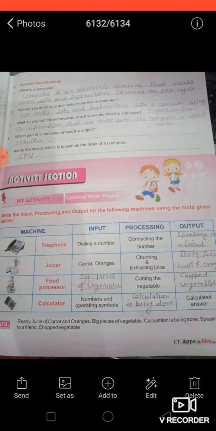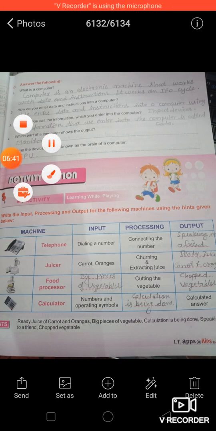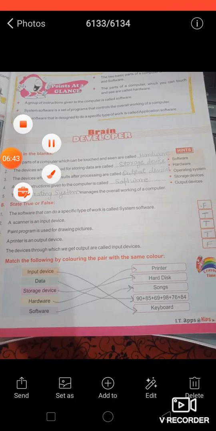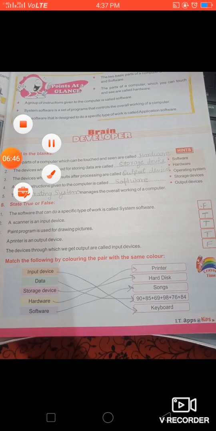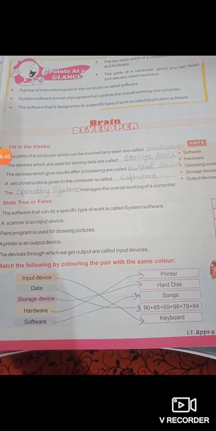At the last is the question answer part. Okay, so you all have learned the question answer and you all have revised the chapters earlier. So today you can clear your doubts if you have, and you can revise it again. Next, this is the exercise of chapter 2. First we have the fill in the blanks part here.